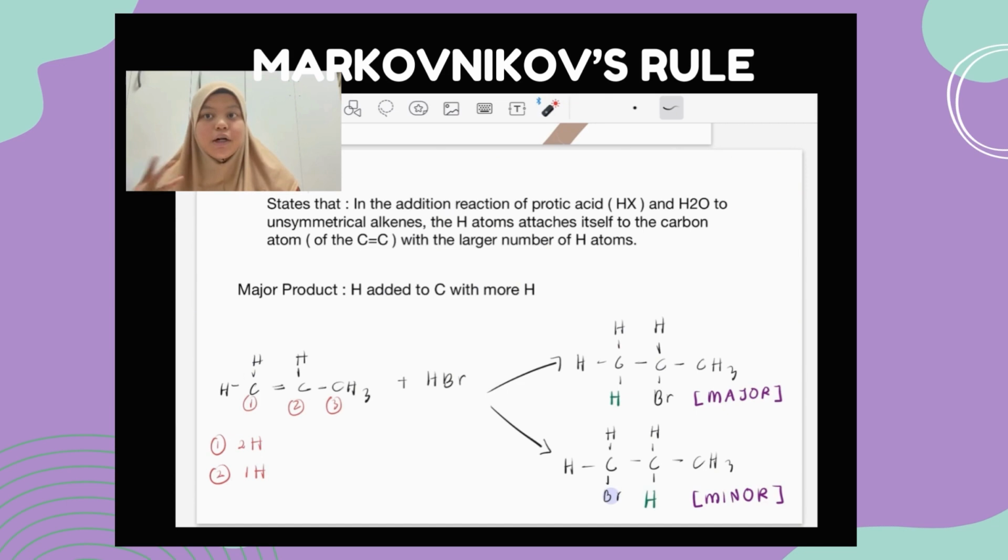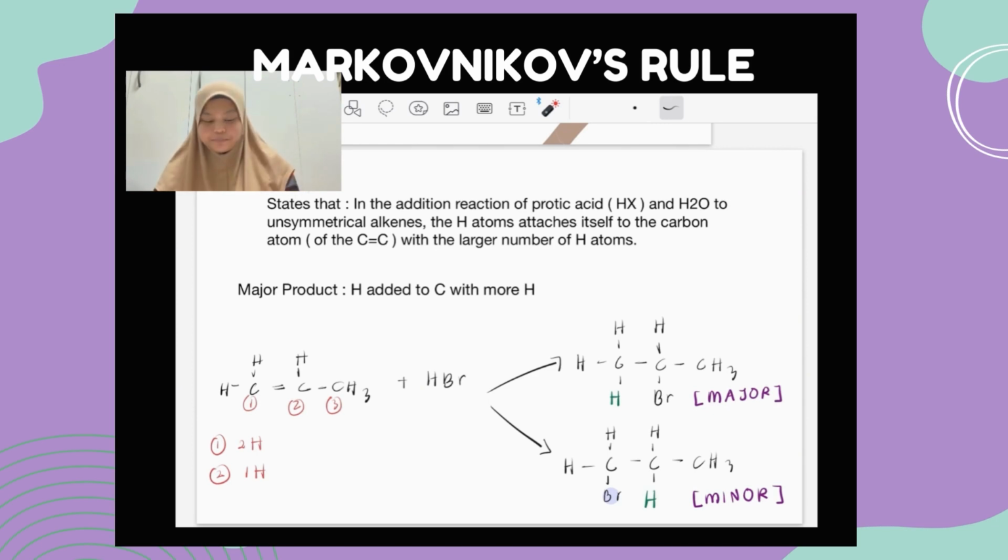Since we all know that Markovnikov's rule is applied to unsymmetrical alkenes, during the electrophilic addition reaction in alkenes we do tend to get more than one possible product. So we want to know which product is more stable as the major product and which is less stable as the minor product. So let's go to the